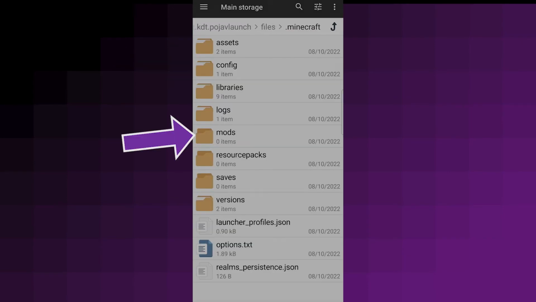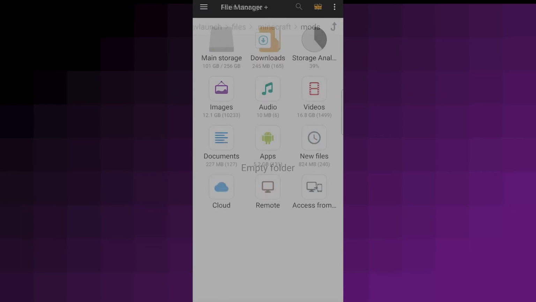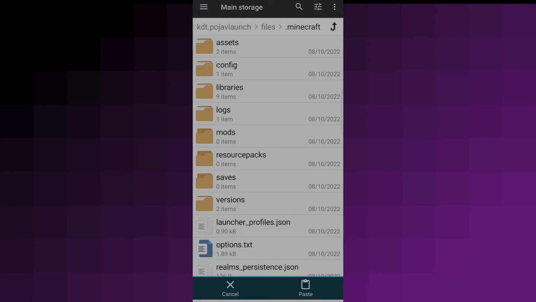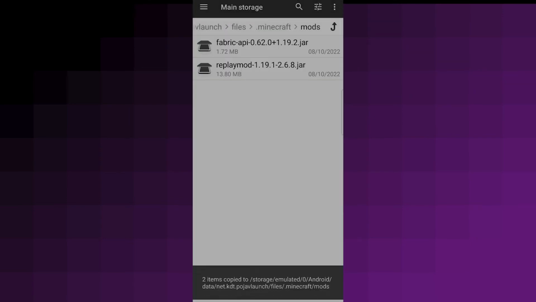With this app you should be able to find this folder, and then you just have to copy the Fabric API and the Replay Mod into the mods folder.